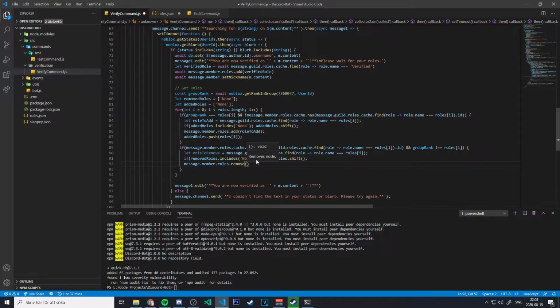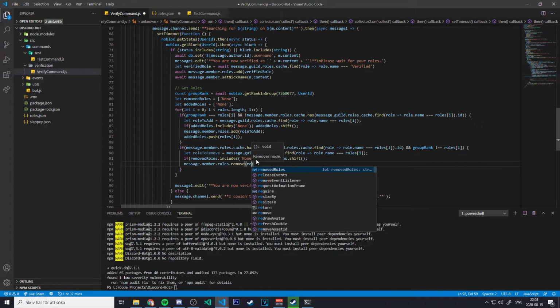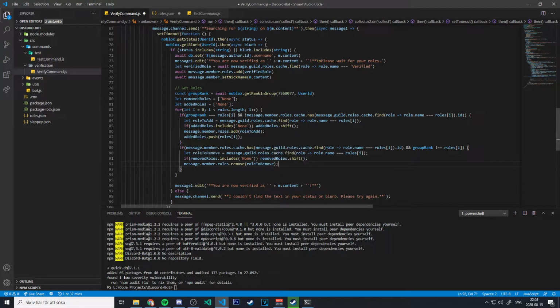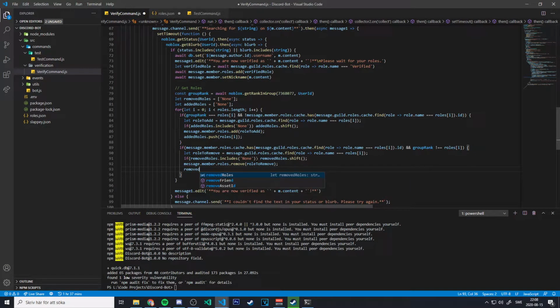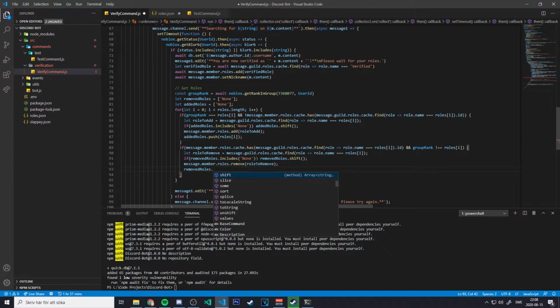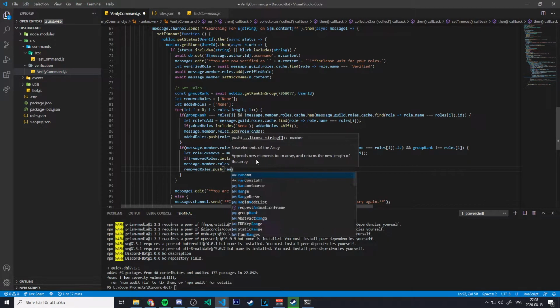Remove the role, of course. Role to remove, and we're going to push this to remove roles. So roles I,